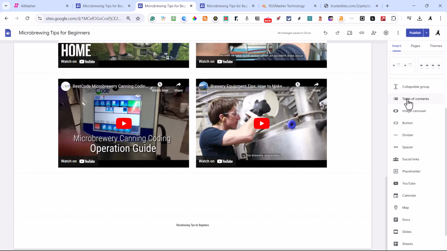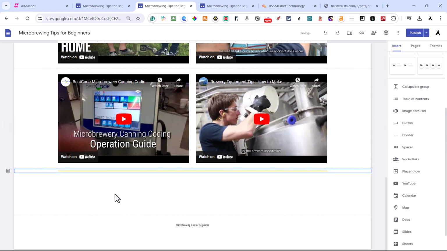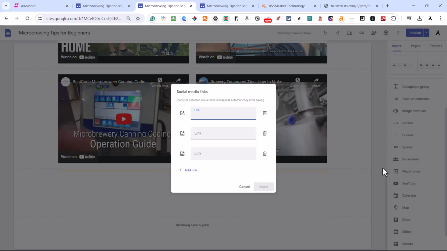Now this table of contents only is effective for anything on this page. So it's not a table of contents for the entire site, it's just this page. So I don't use that. Here's a divider. If you want to put a divider in there, that's what they look like. You saw the spacers. You could put your social links in here, and you would put in Facebook, Twitter, whatever you want to put in.